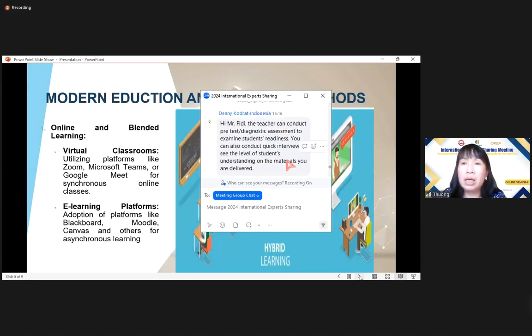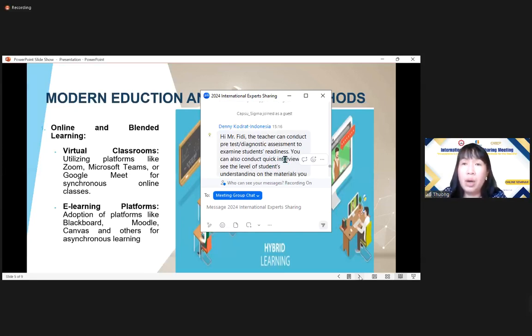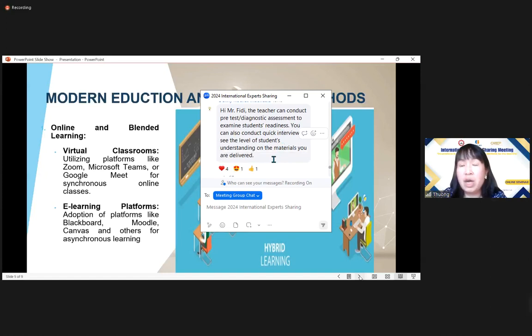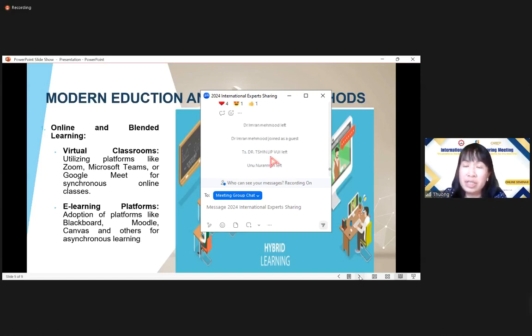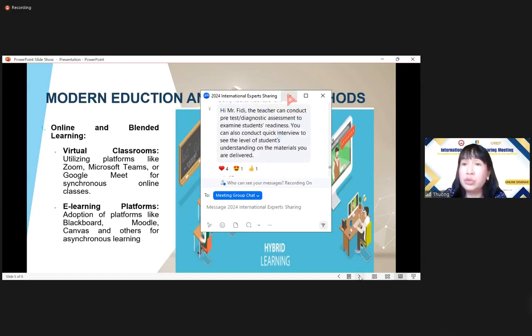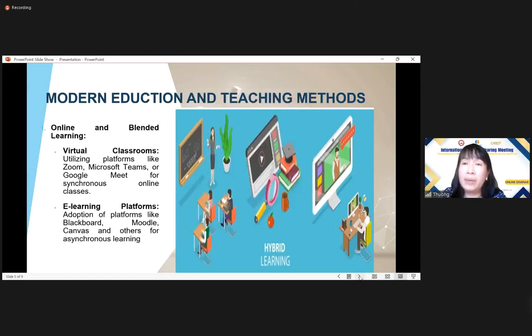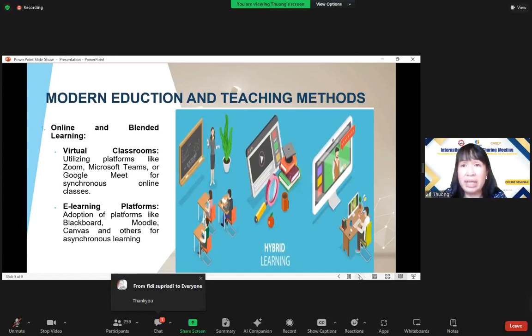But in the COVID pandemic, I think not only us, but also other universities all over the world, we needed to change. At that time, because the border closed, the students couldn't go directly to the face-to-face class. They couldn't attend the face-to-face class. That's why we thought about the online class.